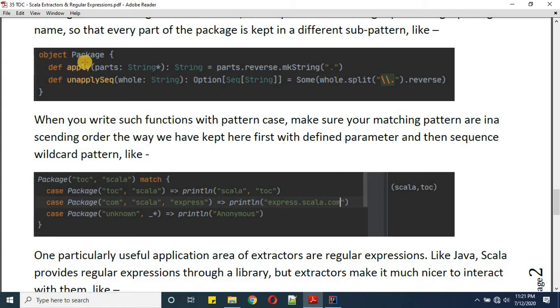So here I'm defining one object called Package. In that, again we are having two functions, but this time we are having apply and unapplySeq. Now this unapplySeq will return Option of Seq of String, and this apply function will have parameter as parts, a variable number of strings. So in this function, whatever we will get as parts,